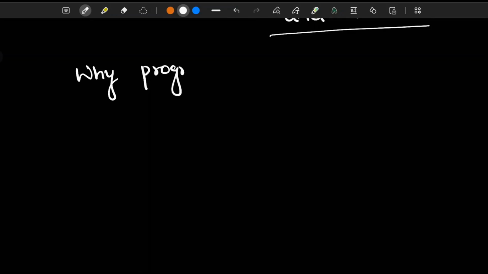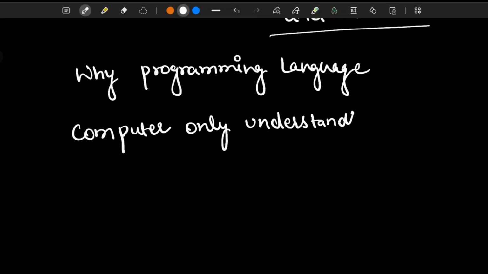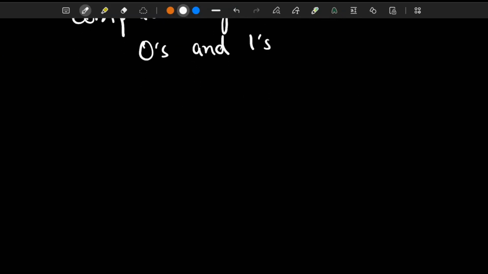C++ is installed. But why do we even need a programming language? Think of it this way: a computer is incredibly smart, but it only speaks one language, or I can say it understands only one language, binary, ones and zeros.